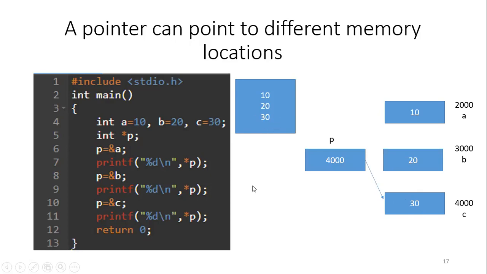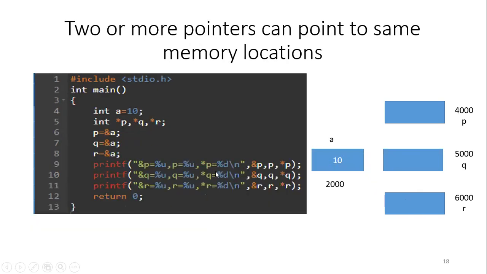So in this program, what we have done is we have declared 3 different data variables, but only one pointer variable. And we made that particular pointer variable point to the data variables one by one. And we are accessing different data variables with the help of a single pointer variable. Now, let us see the next program.